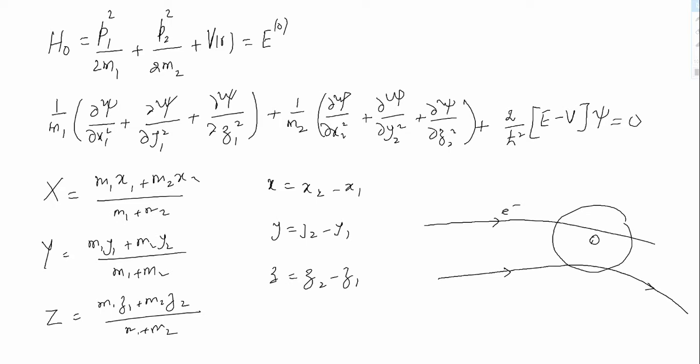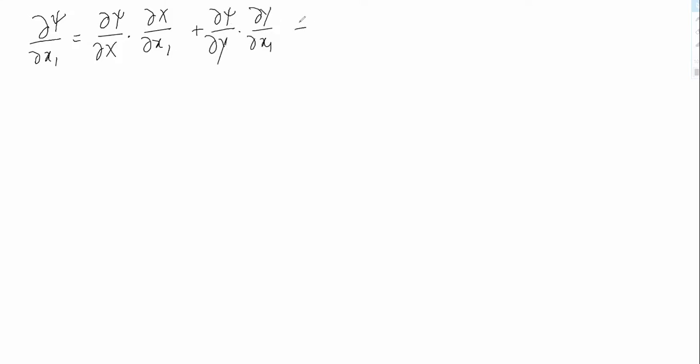Therefore, now that means we have to, instead of delta psi by delta x1, write in terms of x, y, z. Therefore, if I have delta psi by delta x1, now this will be delta psi by delta x by delta x1 plus delta psi by delta y by delta x1 plus delta psi by delta z by delta x1 plus delta psi by